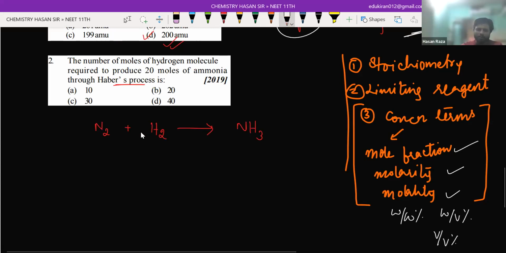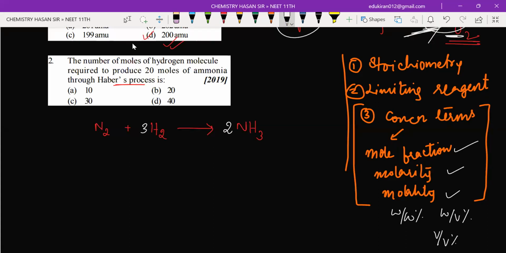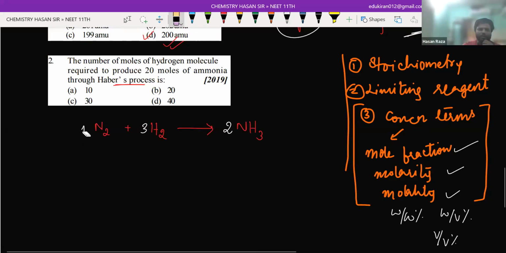Since you can see 3 hydrogen is there, I'm going to make it 6 and I'm going to write 2 here so that nitrogen and hydrogen both will be balanced, right? Yes or no? Please do let me know. Yes, sir. Now, can you tell me the stoichiometric